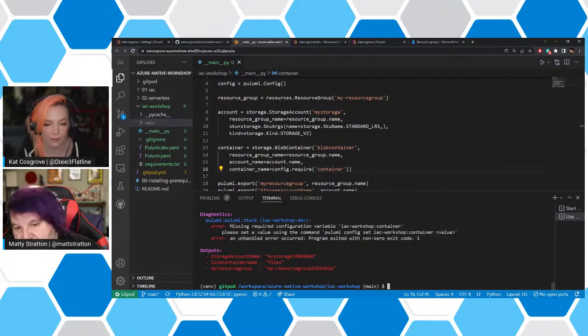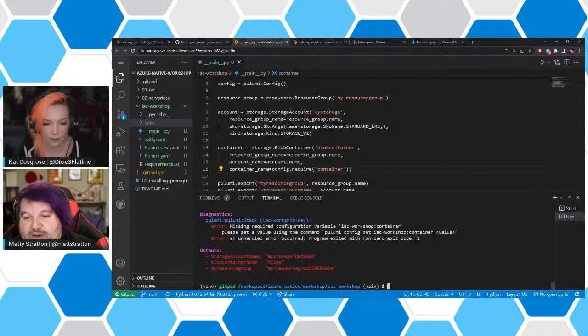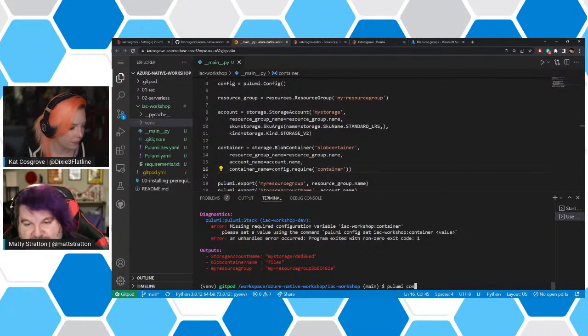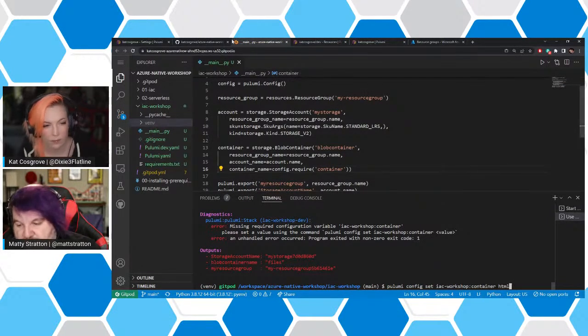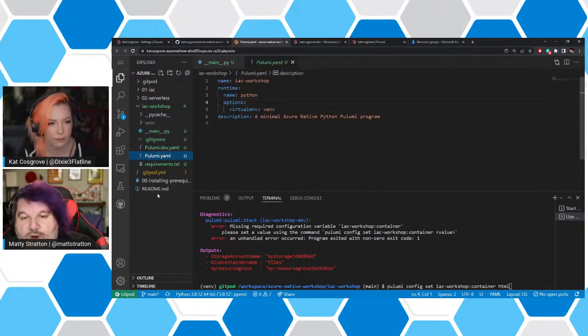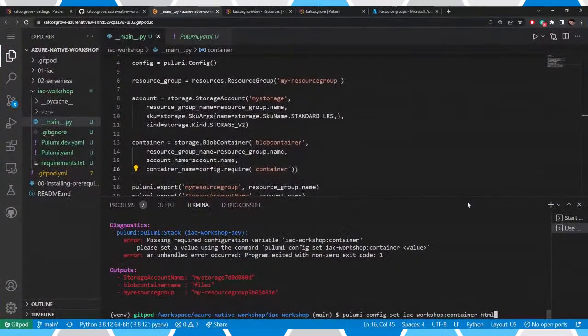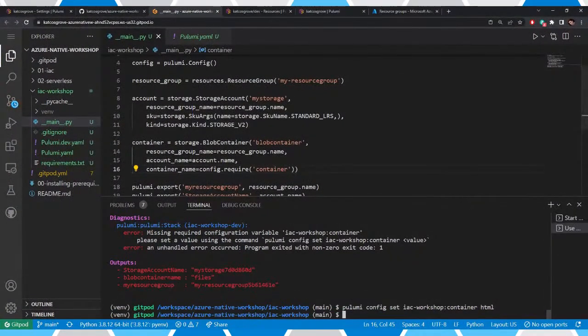Which is helpful if you know that in the program you're writing, you want people to not have the ability to run the Pulumi program without setting those. And it also gives you the command. You'll see it says set a value using the command Pulumi config set. You could do it manually in the YAML yourself if you felt so inclined. Now, one of the other things we're not going to dig into right now, but the reason of that, so Cal, go ahead and set that.